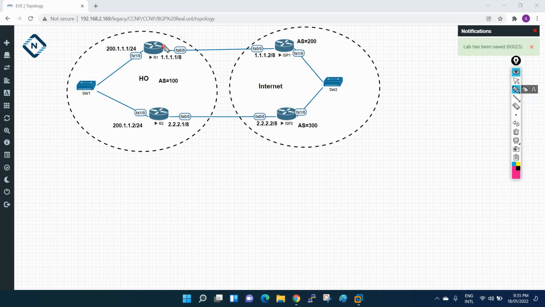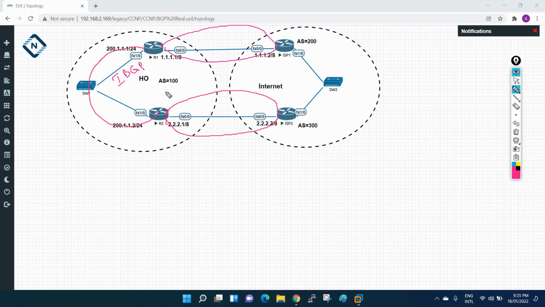So now, what we will do here is run IBGP from here to here. Here also IBGP, EBGP we will run here, sorry. And here we will run IBGP internally, because we have the same AS here, so also IBGP. Here we have 100, here we have 200, so EBGP. And here we have 100 and here 300, EBGP. Okay, different AS means EBGP. So let's do that. Okay, let me show you that.